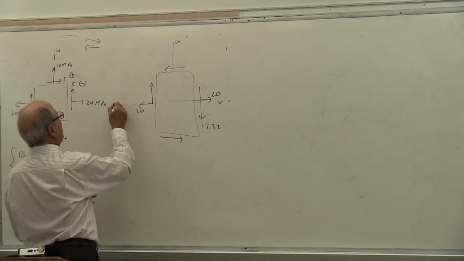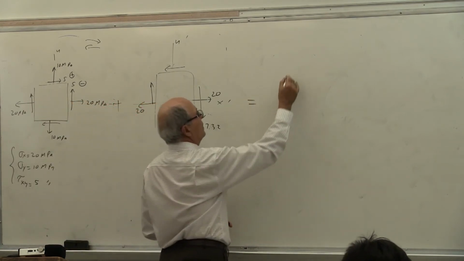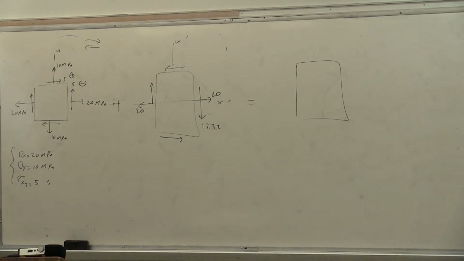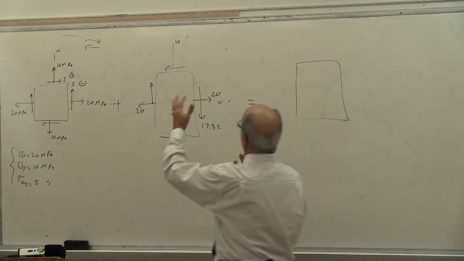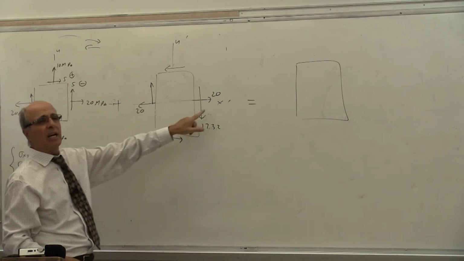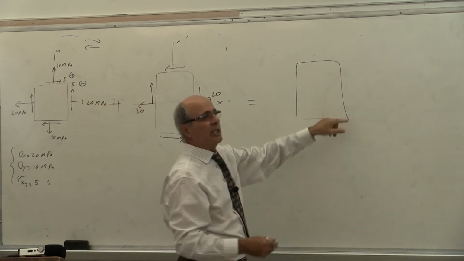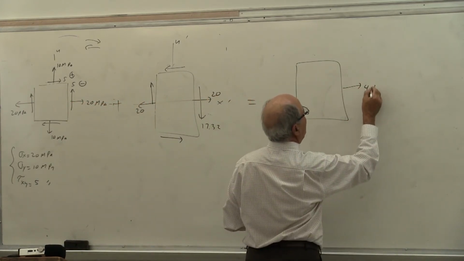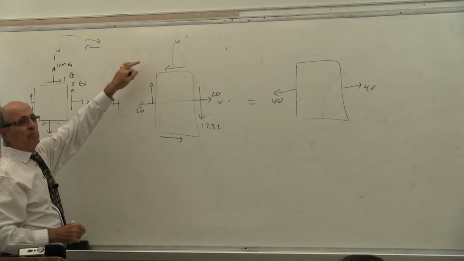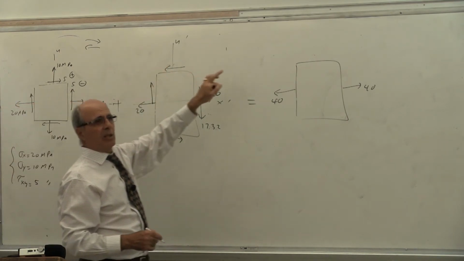Now I can add these two together. This plus this becomes the new state of stress of two operations, two systems of loading, maybe one system plus the other one. Is that correct or not? Yes? That was the same point. We designed it for two different ways of loading. One was like that, but I turned it, made it parallel to each other. Now these can be added together. Here I have 20, here I have 20. The net result here is 40. Here is 10 plus 0. What's the net result there? 10.